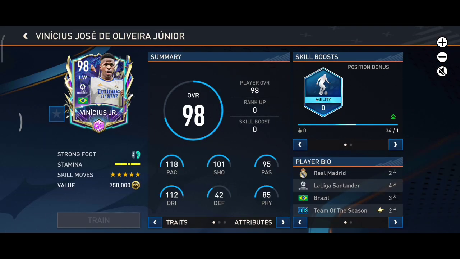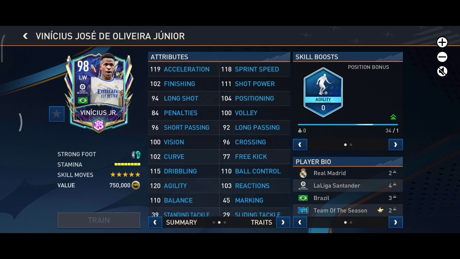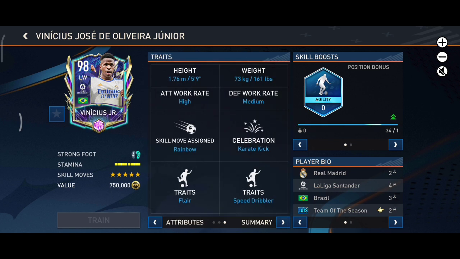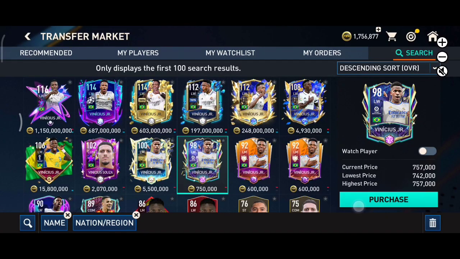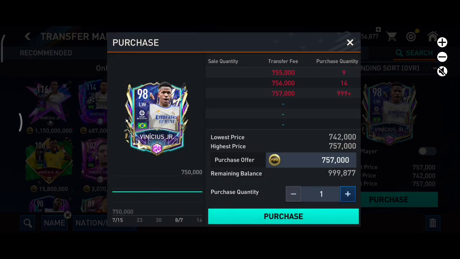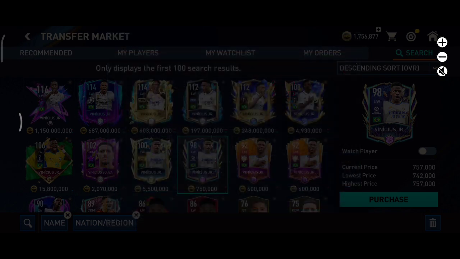You can click on the attributes and then you will see the details and the traits of that player. Now you'll just have to tap on the purchase and then click on the purchase in order to buy